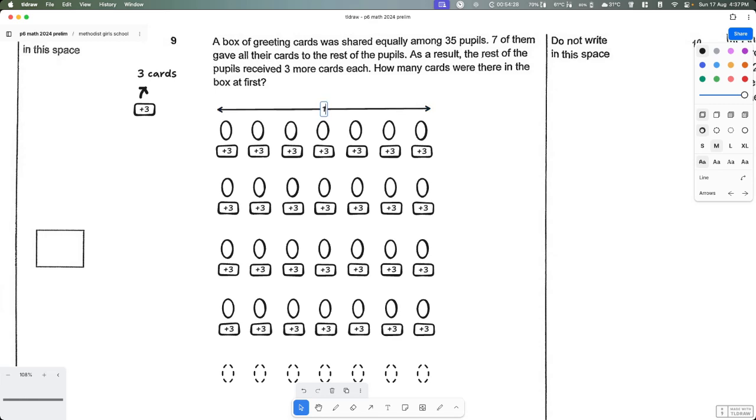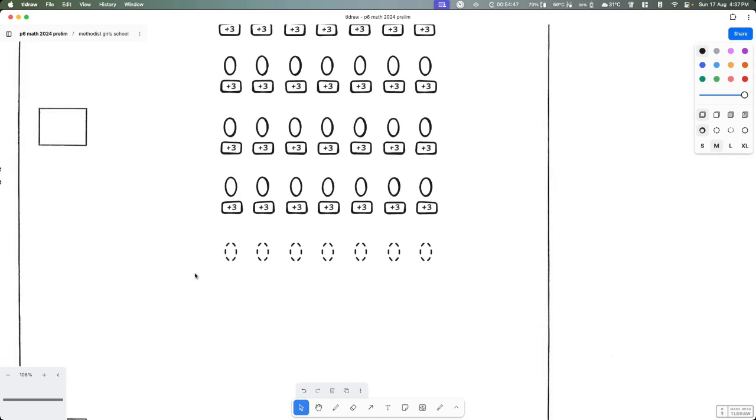So one row is 7 students, right? So then we have 5 rows. Okay, so this is 4 rows. Okay, but you know, in this case. All right, so which means that